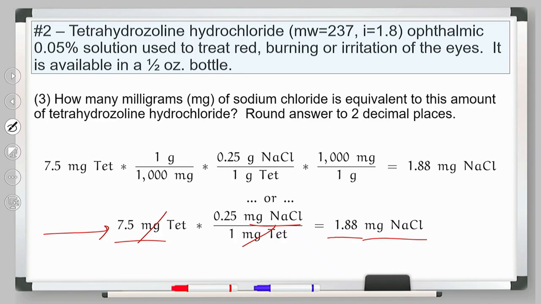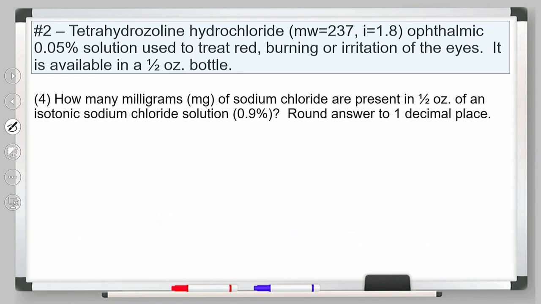And the reason we want to know that is this. How many milligrams of sodium chloride would it take to make that half-ounce bottle isotonic? Because here's what we know about sodium chloride. What is an isotonic concentration of sodium chloride solution? And this is a memorization thing. You have to memorize this for this chapter. And for this whole thing, you got to know